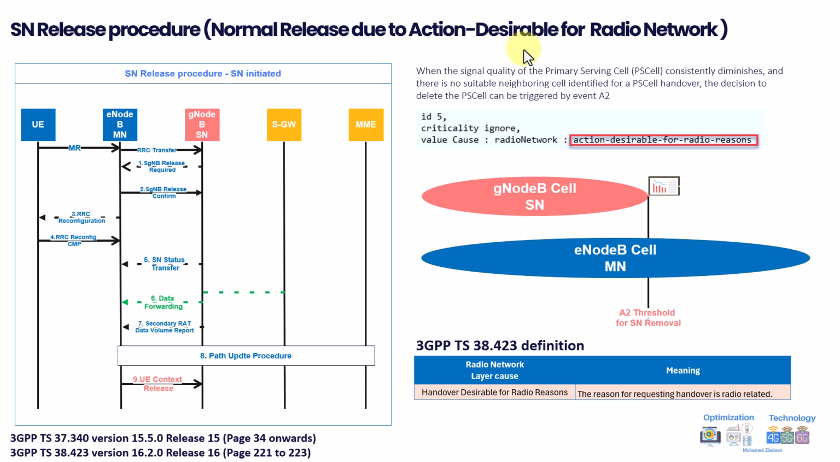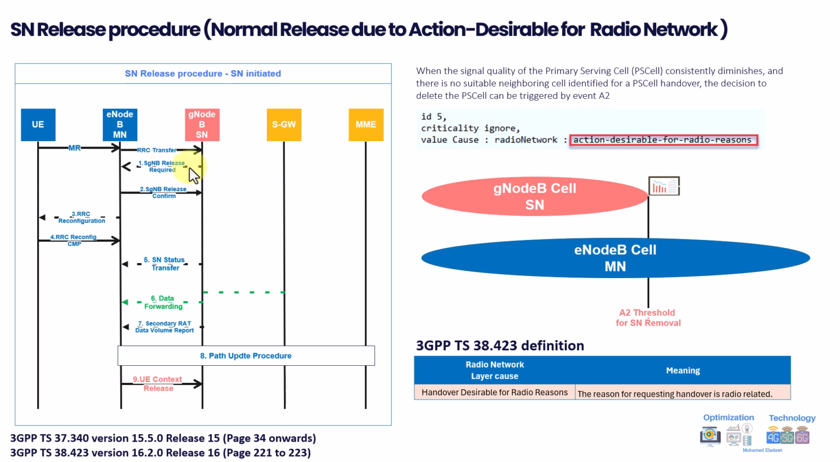We have the A2 threshold, which is for removal of the secondary cell. For example, if you look at this figure, in this case we have A2 configured. Once you reach the A2 threshold, you are at the edge coverage of the SgNB. In this case, the master node, the gNB here, will request removal. It knows that this particular user is already below or worse than the A2 threshold, so it will send the